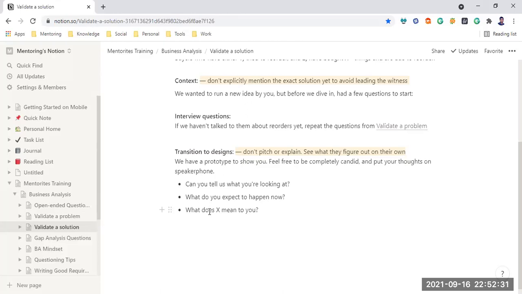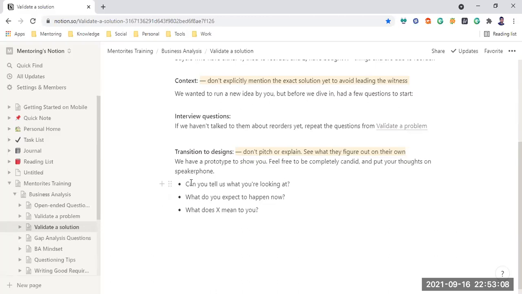So login will be your LAN ID or maybe your email ID, and then password will be your email password. So we'll be leading them to all the actions, right? That's not a good way to validate a solution. You need to free up the users and let them decide. That's how you will know what problems they are likely to face when you actually go live with the solution. So a good way to validate a solution is to give minimal information about the solution and ask users these